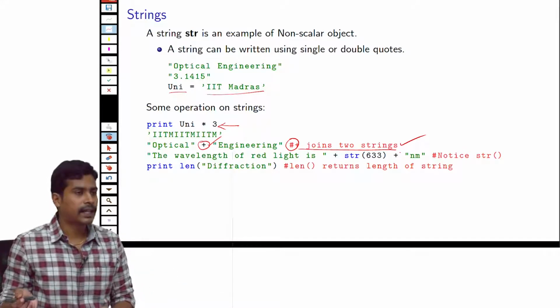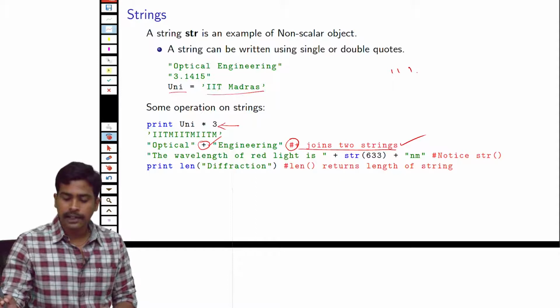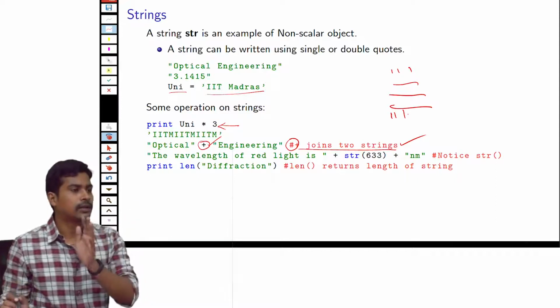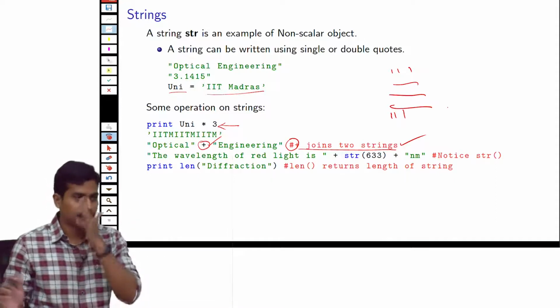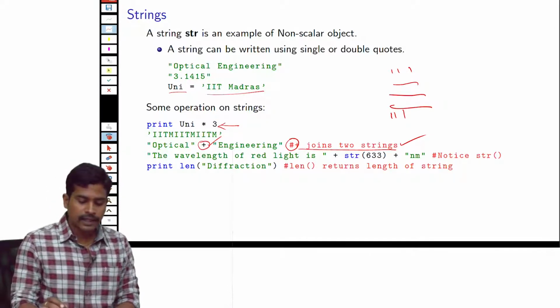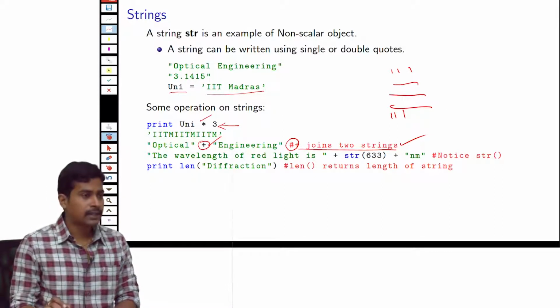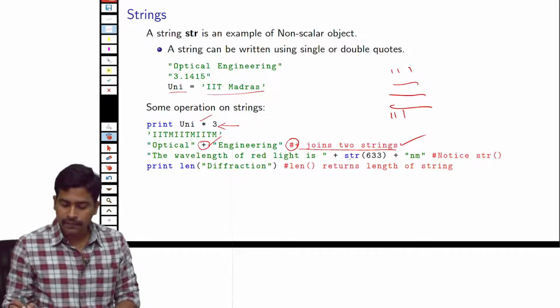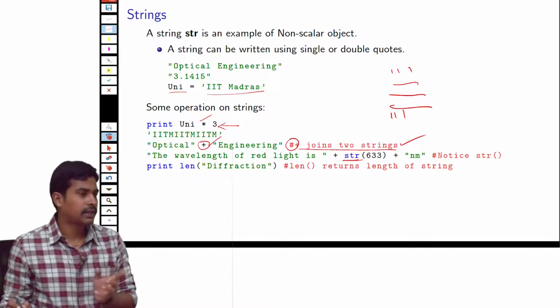Another way of writing comments in Python is using 3 quotation symbols, and you can write your comments here and then close again with 3 single quotes. So this is another way of writing comments. This is also called block comment. So yeah, we have seen the multiplication and this plus operations in the context of strings, and now there is another operation. This was also seen in the first slide.